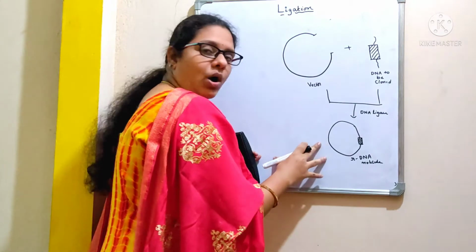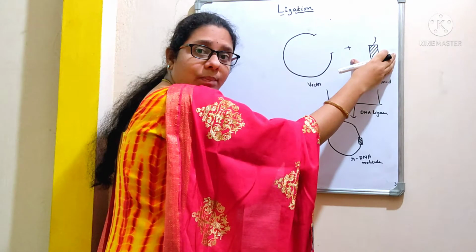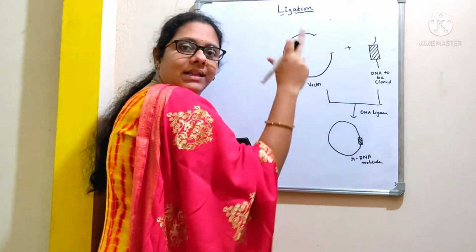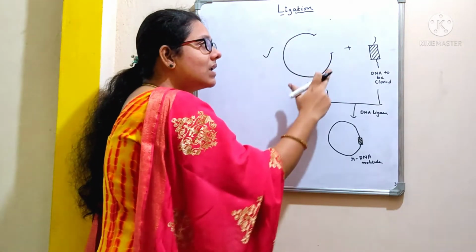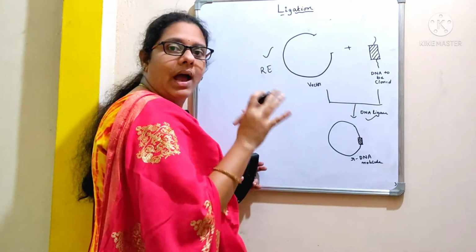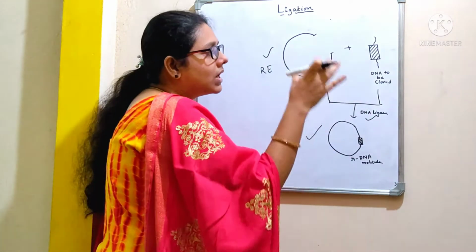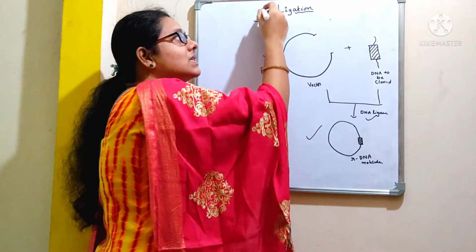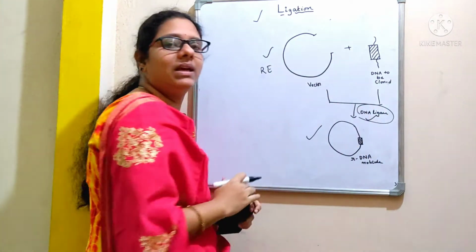To make a recombinant DNA molecule, first we need to isolate a gene with the help of restriction enzymes. See here, this is the DNA to be cloned. At the same time, we need to select a suitable vector. This vector is cut open again with the help of restriction enzymes. And the final step in the construction of a recombinant DNA molecule is to join this foreign DNA with this suitable vector. This process is nothing but ligation, and the reaction is catalyzed by the enzyme DNA ligase.